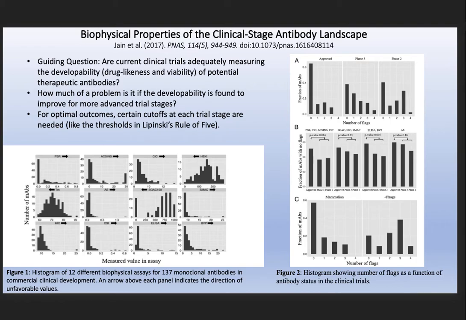For instance, approved drugs had the lowest number of antibodies of concern, or warning flags. So the clinical trials were doing their job. The warning flags were established so that the antibodies that scored worse than 90% of the approved antibodies were given a red flag marker. And overall, the authors concluded that they weren't too concerned about their results, since the decrease